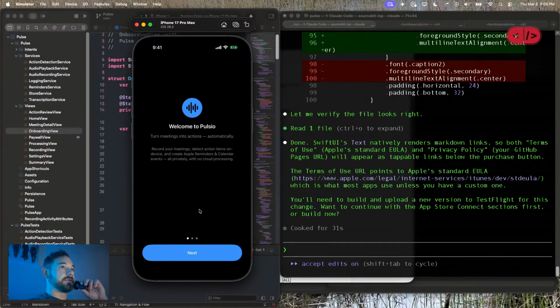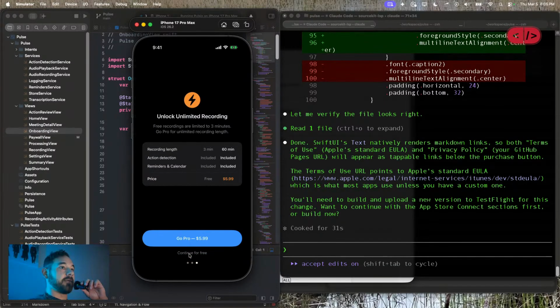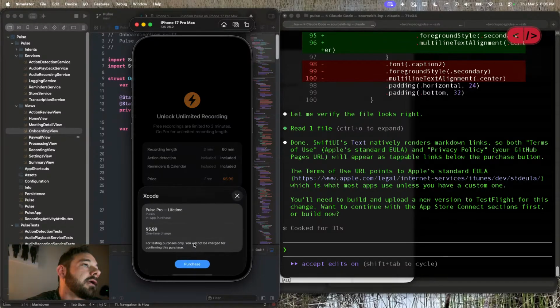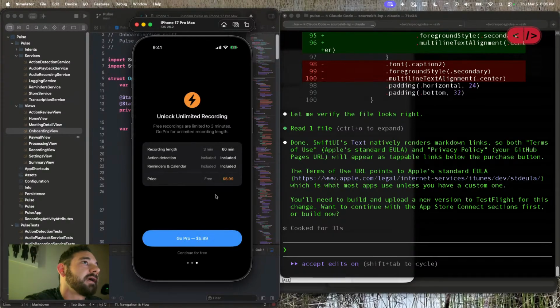Yeah, there we go. There's our onboarding flow. Okay. I think we also need that in the